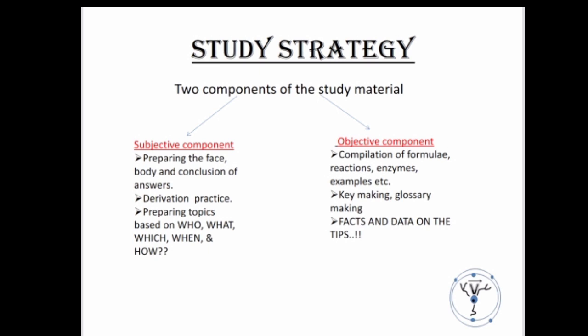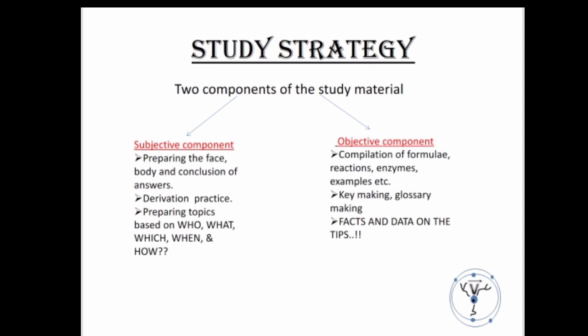For example, if we attempt any question describing the alpha particle scattering experiment of Rutherford, then in that question we need to include the role of Rutherford, the material required, the year in which the experiment was done, the observations, and the inference. Hence, each and every point of that process or step or reaction has to be produced onto the answer sheets. Hence, we can see that notes or answers that describe the subjective component have components like who, what, which, when, and how in their description.